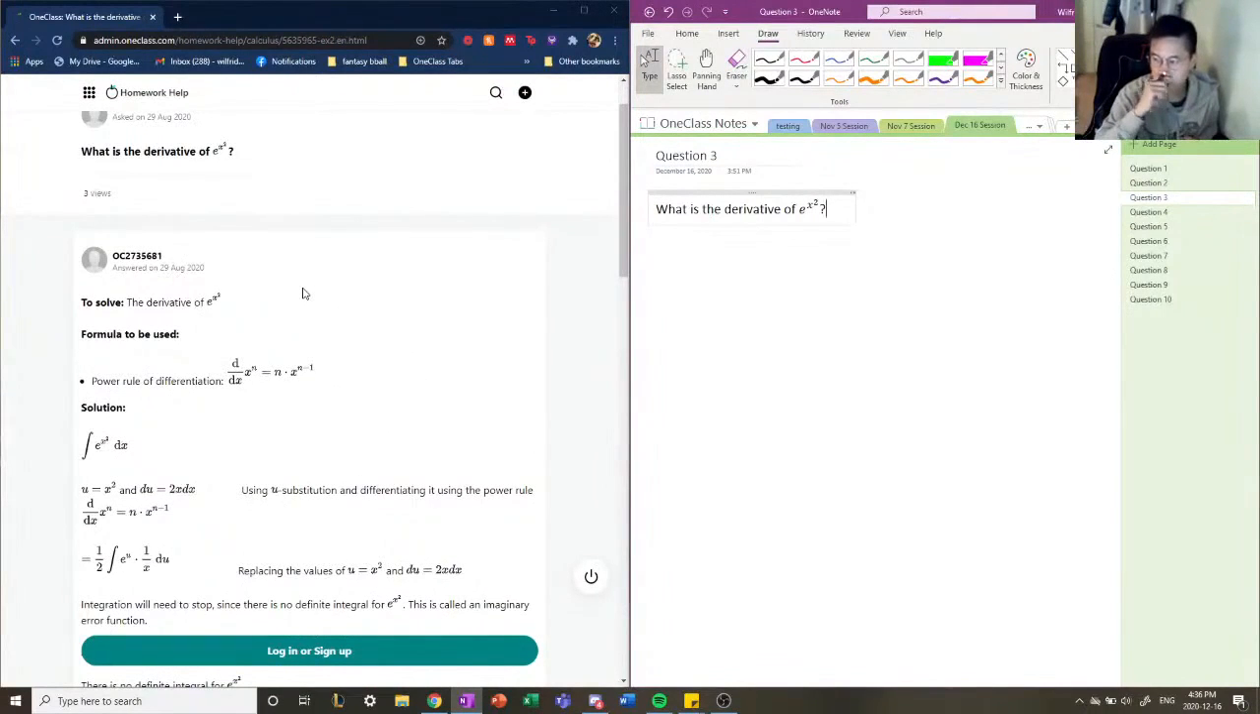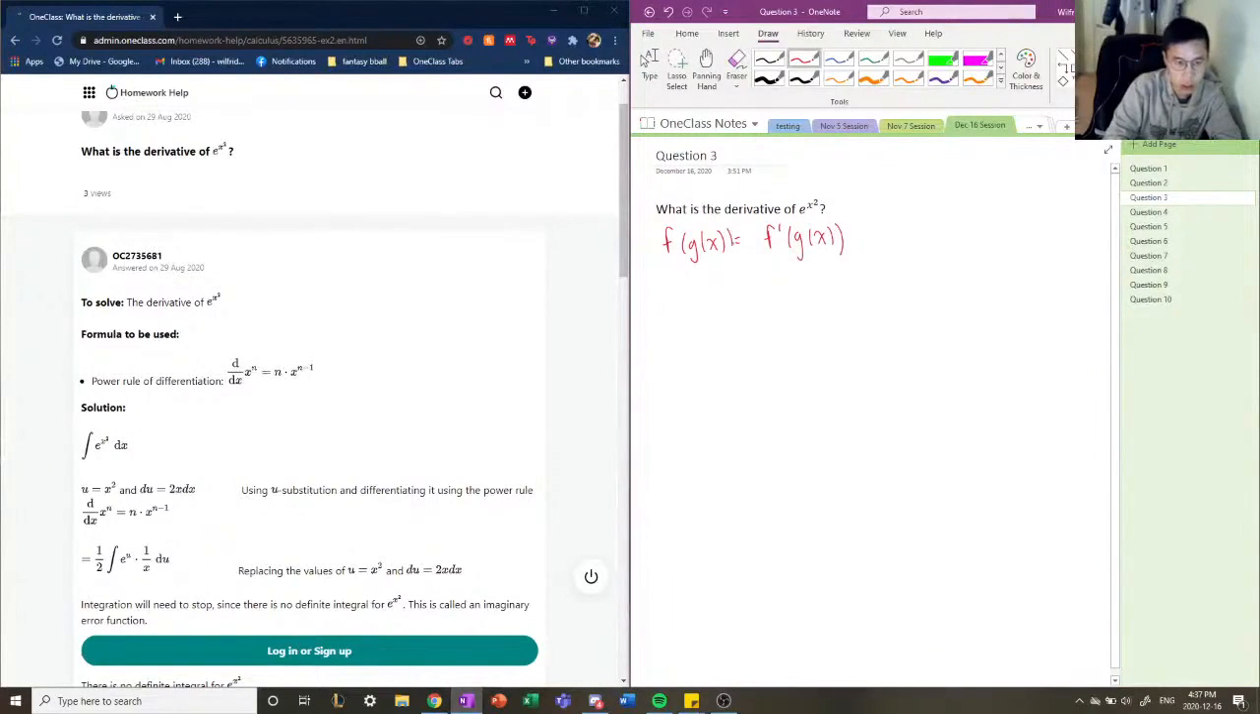So here we need to take advantage of what we call the chain rule. All right, so the chain rule is for compositional functions. So for a function, let's say f of g of x, like this, the derivative of this will be f prime of g of x times g prime of x. Okay, so that's how you calculate the